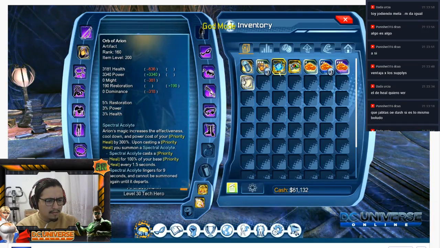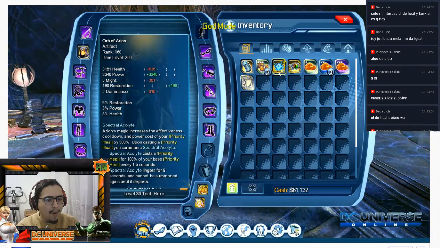We actually went back, and the goal here, like we said, is that we want to allow you the option to change playstyles. So this one affects your priority heals and actually makes it more potent, but also increases the cooldown and opens up space for you to